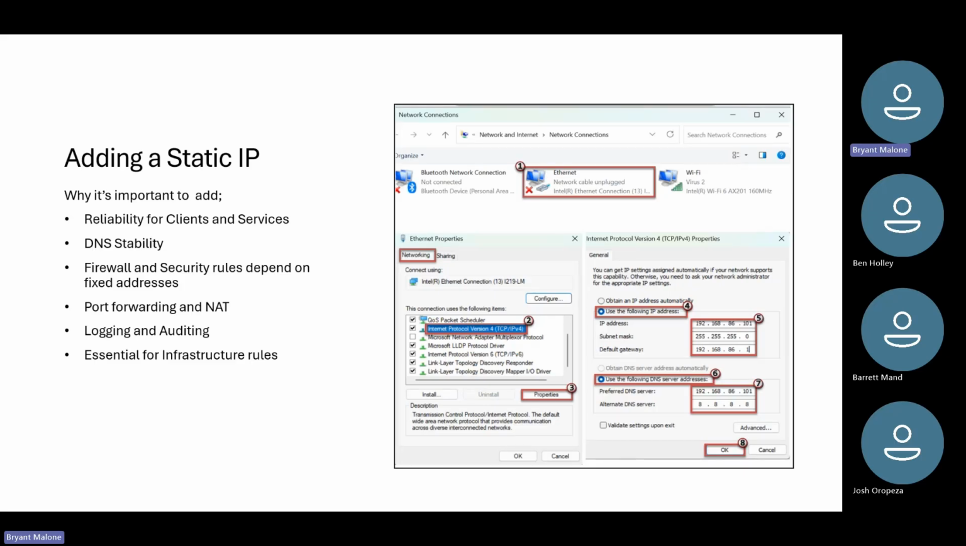And from there, we used our IP address, which is 192.168.86.101. Our subnet mask is going to be 255.255.255.0. And our default gateway will be 192.168.86.1. We also want to make sure that we turn on our DNS settings as well to make sure that